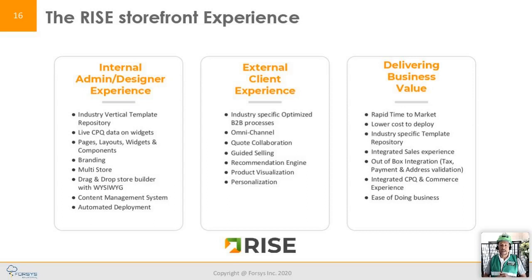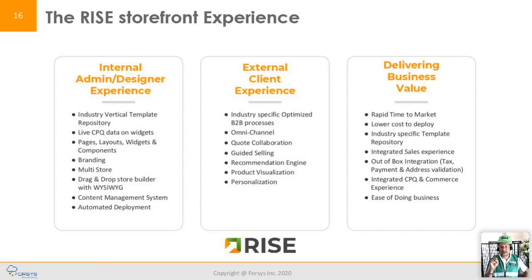As I said before, it's an industry-specific and optimized experience. So here's the difference. You can go and try and get a B2B e-commerce system, and then you have to customize the heck out of these things. What we're doing different in this business is, for example, Precast. We have built optimized templates that allow you to jumpstart your business in a way that is optimized for that industry, and it is optimized for the best practices of the business processes in this area.